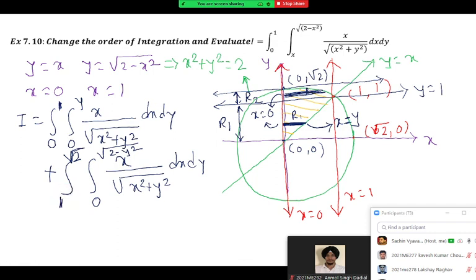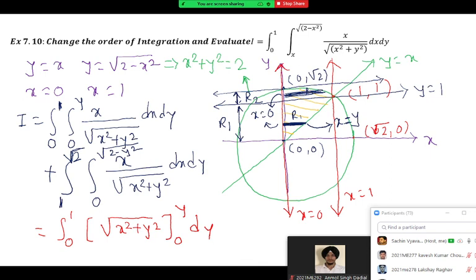I'll show you how to do this. If we assume that this x square plus y square is t, then x dx is dt by 2, and you get dt upon root t, and we already saw the integration is root t. Then you have to resubstitute. Remember, whenever you do a substitution, you have to do a resubstitution also. So root t is the answer, and that root t is nothing but the value of t, which is x square plus y square. Limits are 0 to y, and then we left dy, correct.